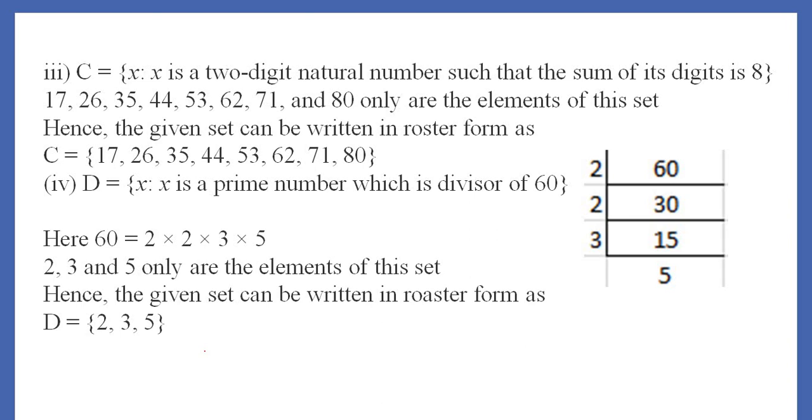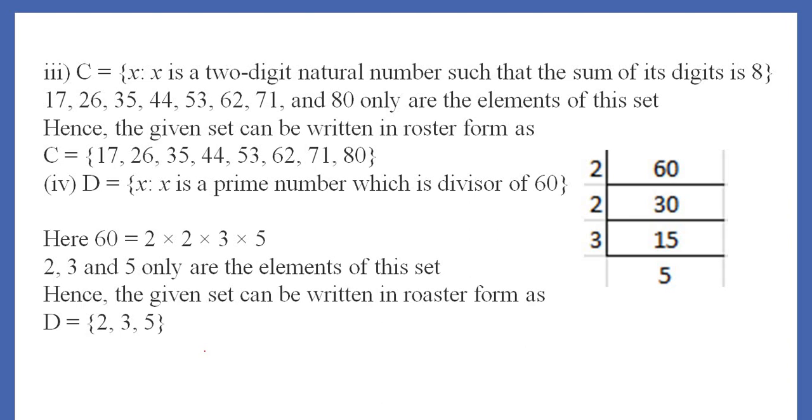Okay, so these are the 2-digit natural numbers such that the sum of its digits is 8. Hence the given set can be written in roster form as C equal to the set containing the elements 17, 26, 35, 44, 53, 62, 71 and 80, each of the elements being separated by commas, and they are listed in curly brackets. Next set,